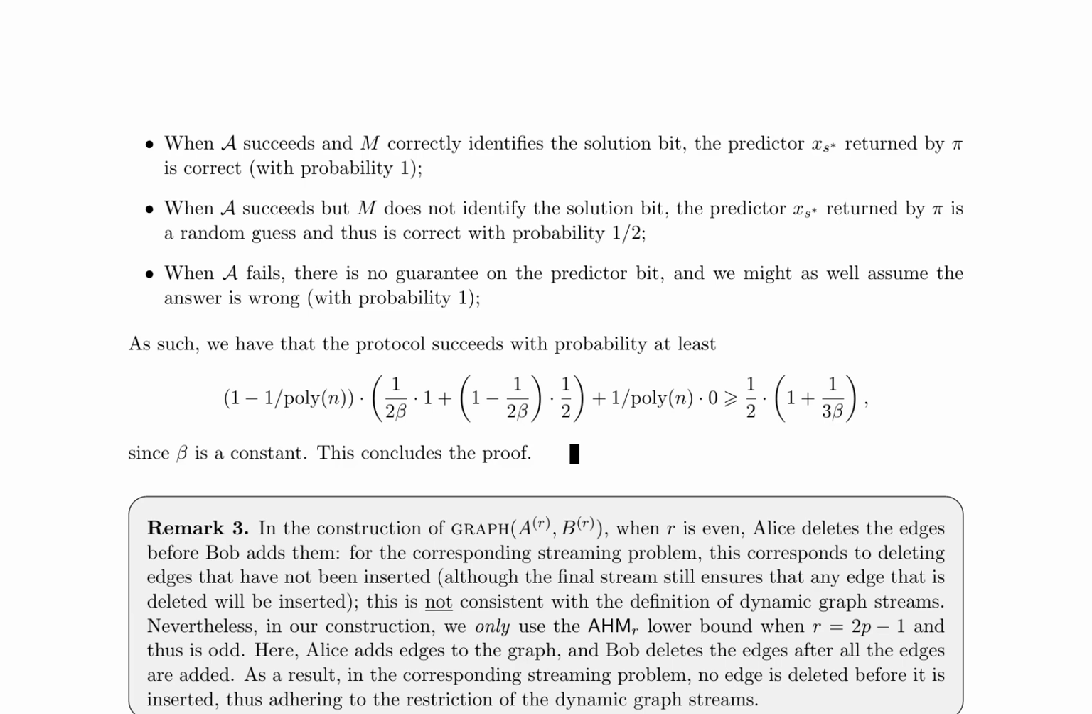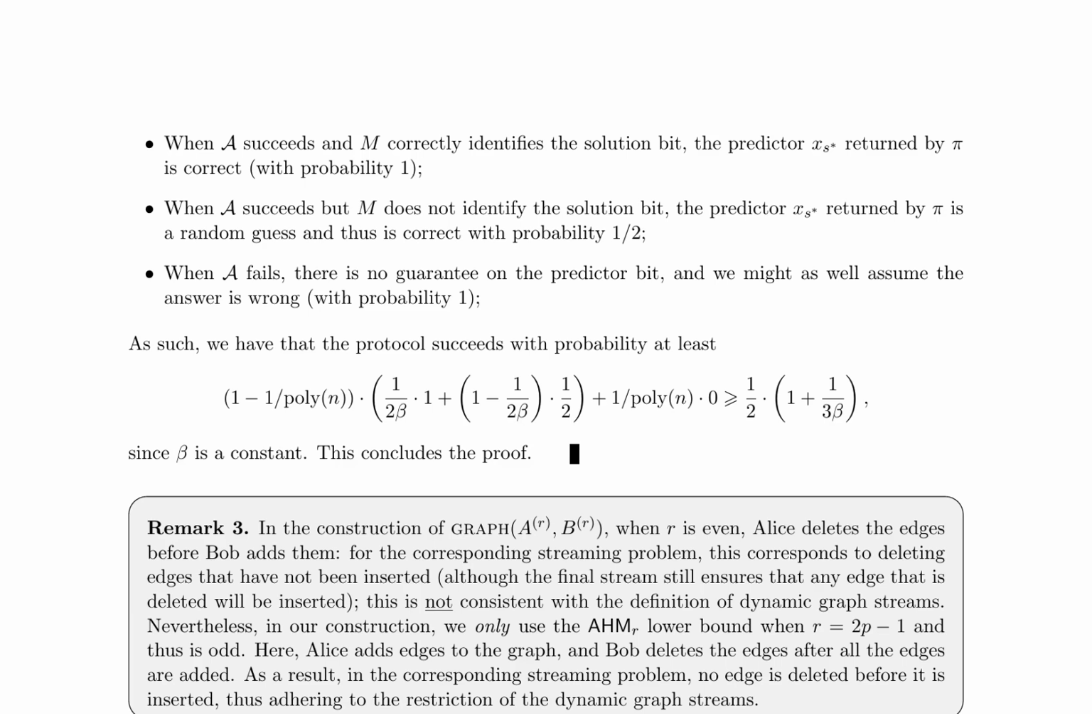When A succeeds but M does not identify the solution bit, the predictor XS** operator is a random guess and is correct with probability 1/2. When A fails, there is no guarantee on the predictor bit, and it is assumed to be wrong with probability 1. The protocol's success probability is then calculated as a weighted sum of these cases, resulting in a lower bound